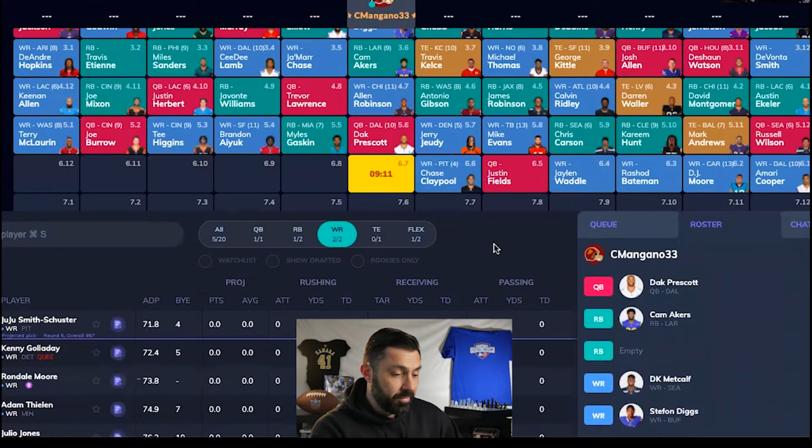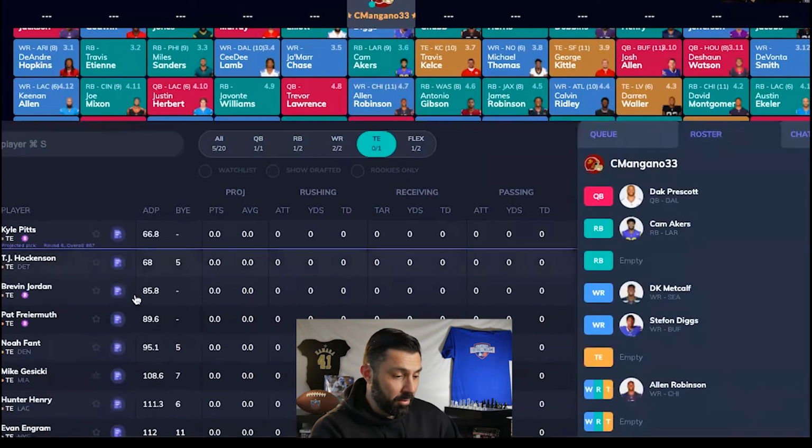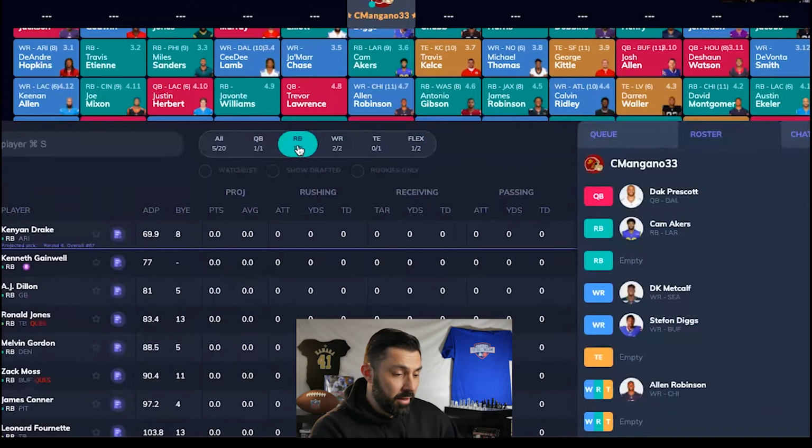Or I could go tight end. How many tight ends? Let me just pop this up a little more. What are we looking at here? Fant. I do like Fant. I do like Gesicki. I think I could probably wait and get one of those guys in the next round. Maybe Hunter Henry, maybe Evan Engram. Running back wise,